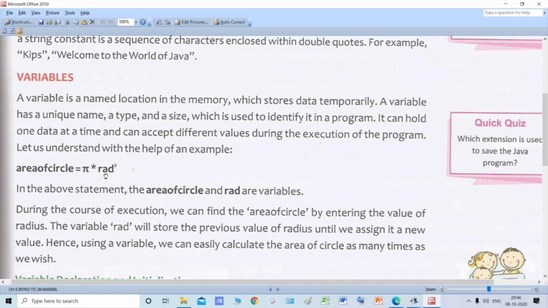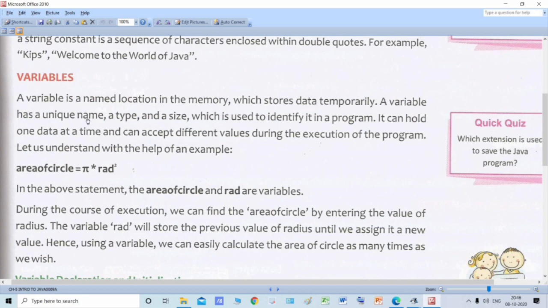In mathematics you cannot change. Okay, so if you change the value of radius, suppose earlier radius was 1, then its value will be different. If you change the value of radius to 2, then its value will also change, and so on. That's why it is called a variable, something whose value is changing. Now coming to this part, a variable is a named location in memory which stores the data temporarily. Temporarily, because if you change the value of the variable, it will change. That's why it is not storing the data permanently. It is not storing the same data permanently. You can change its value.